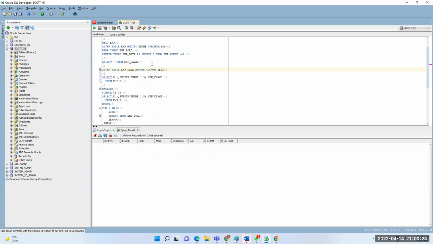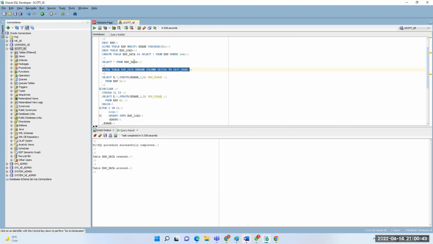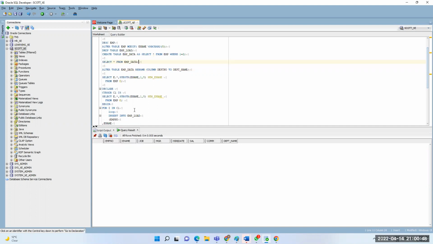In column, DPT number, DPT underscore name. Okay. Now I renamed the column department number to department name. See here. And one more thing we have to do here, because department number is a number column, number data type, right? Now I need to change it to varchar column.